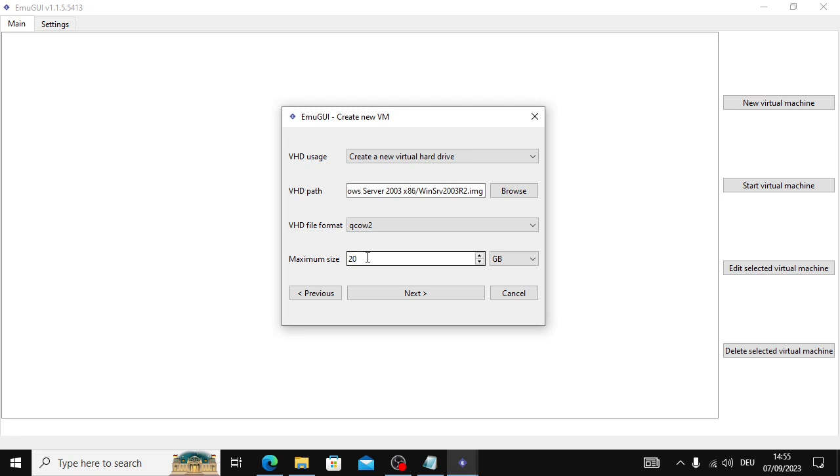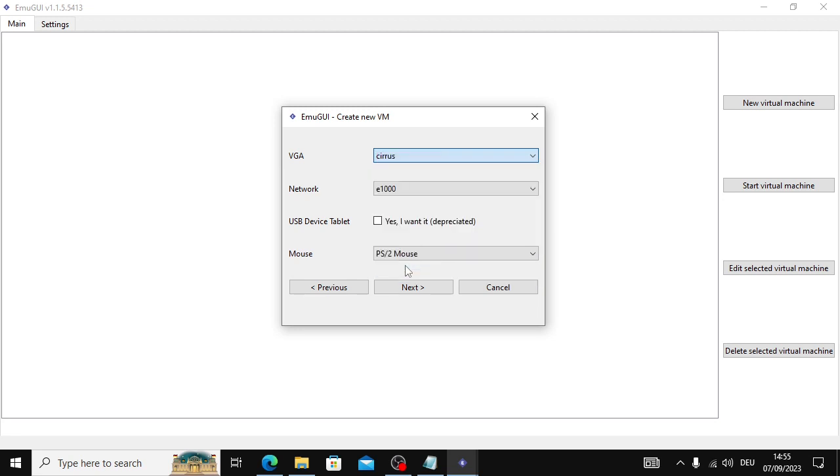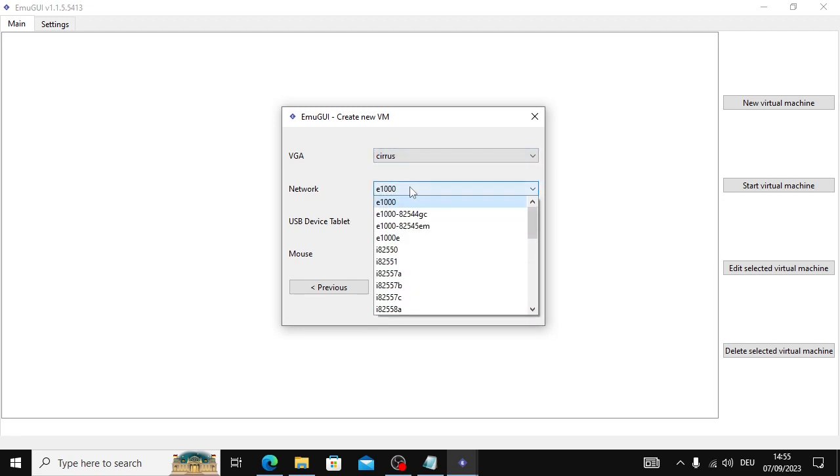You should have at least 20 gigs of space if you want to do something more than just trying it out, at least 40 gigs, or even better, 60. Anyway, for the VGA, you can choose the server one. For the network, select the